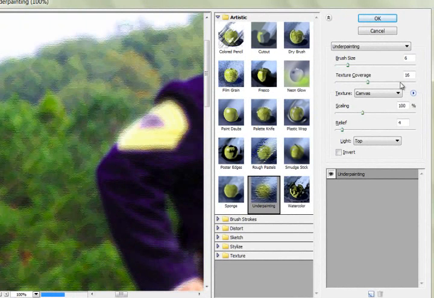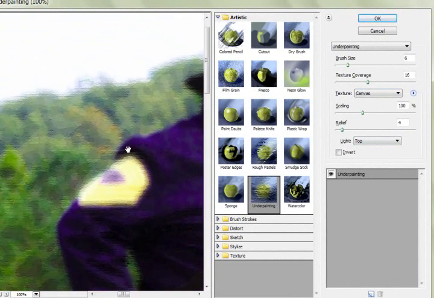The settings over here, there's quite a few of them, but as I'm zoomed in over here, before we look at the settings, I want you to observe what the underpainting does. When an artist with a brush in his hand begins to paint, they will first paint an underpainting, which